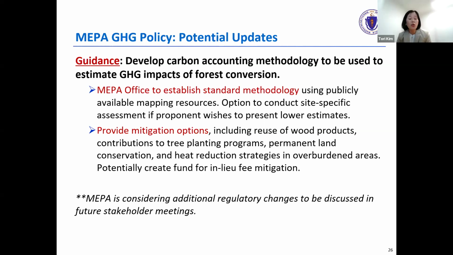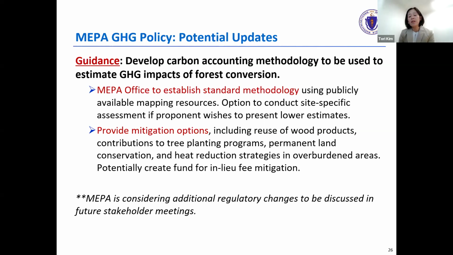There would be an option for the proponent to conduct a site-specific assessment, for example, a forest inventory, if it wishes to present lower estimates. But at this time, we do anticipate requiring a standard methodology using publicly available tools. And we would also provide some guidance around mitigation options.